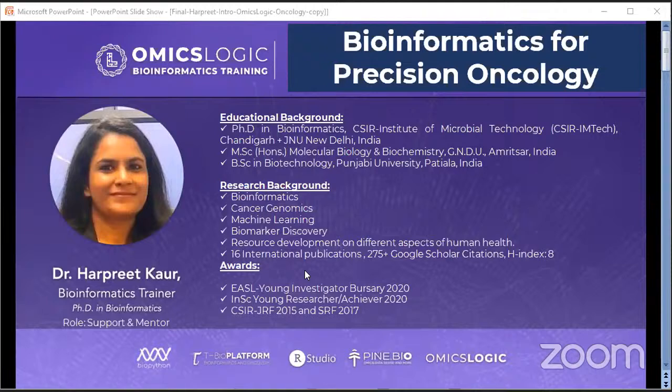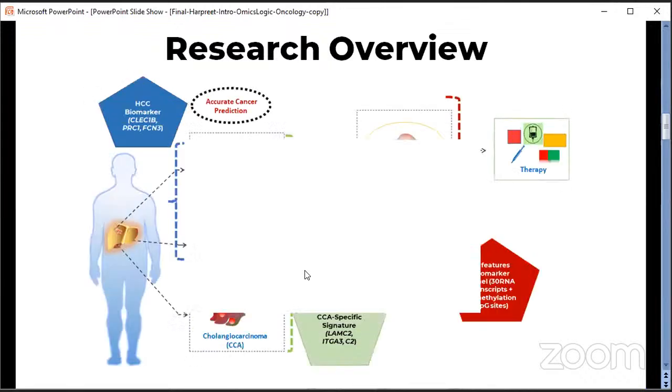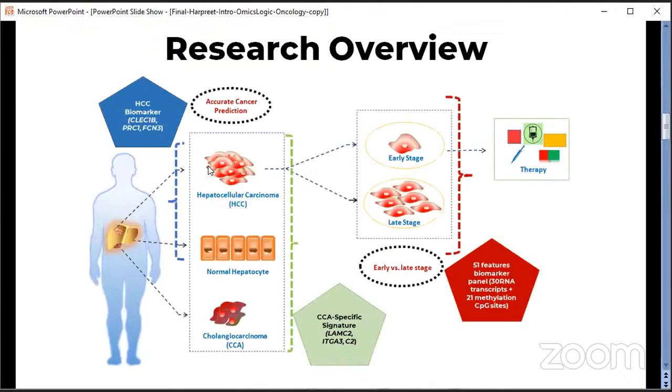My PhD research was on biomarker discovery for diagnosis and prognosis of liver cancer using bioinformatics. For the first part of this project, we used large-scale transcriptomics data to identify a diagnostic biomarker panel for hepatocellular carcinoma, which is a primary liver malignancy. Here we employed 30 datasets containing nearly 4,000 samples to elucidate a transcriptomic signature for the diagnosis and prognosis of liver cancer, particularly hepatocellular carcinoma, using